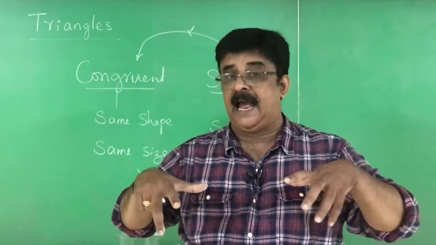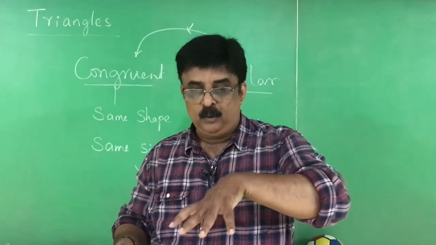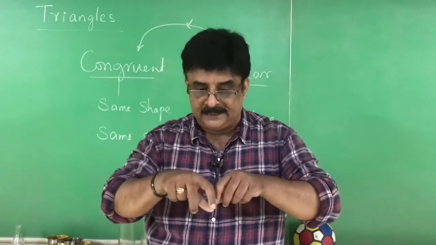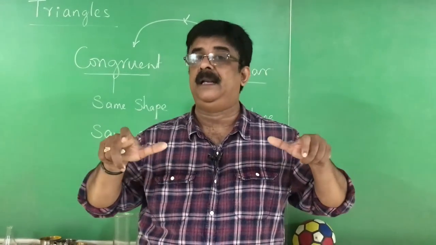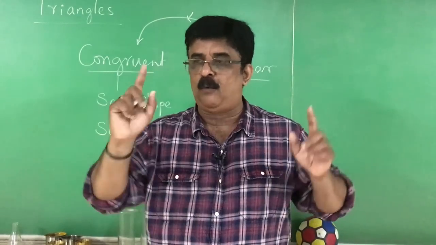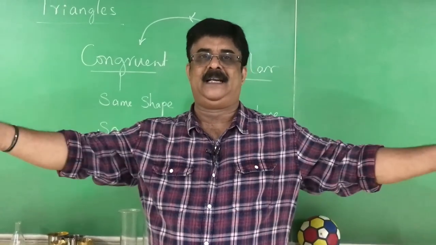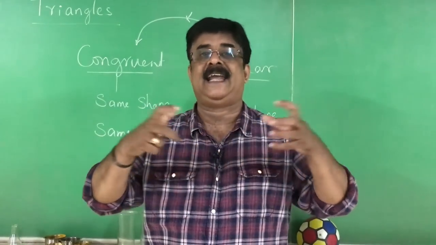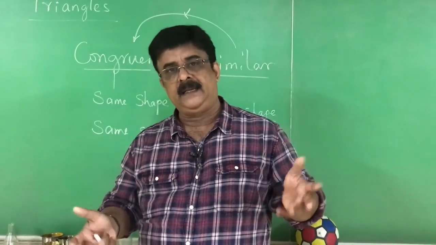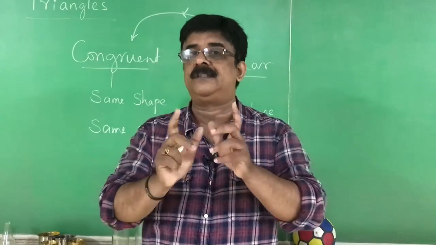In the same way, you have seen the navigator. When you sit in a car with a mobile, the Google map is there. Google Maps shows the distance from the school to home. The distance on the map and the actual distance are similar. They can't show 4 kilometers there. What they do is, 1 kilometer is equal to 1 millimeter. Therefore 4 millimeters means 4 kilometers. Like that they make it according to the scale. Therefore all planning, industrial planning, layout planning, civil engineering, construction, wherever we go, we use the idea of similar figures.